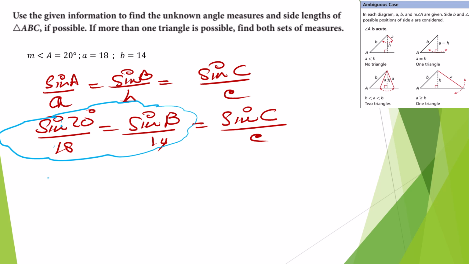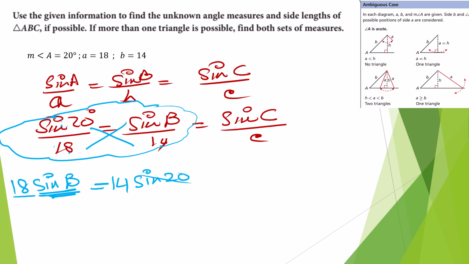So I will write here, cross multiply, right? When I cross multiply, 14 times sine 20 equals 18 times sine B. Now B I have to find out. Don't write it as B alone. It is with the sine. Now I want to find out sine B first, so I divide both sides by 18. You are all in grade 10 now, so this basic algebra you should be familiar with. So I will write in the calculator 14 sine 20 divided by 18. So I will get